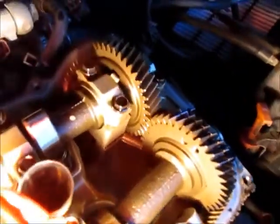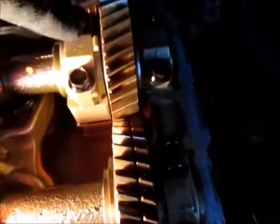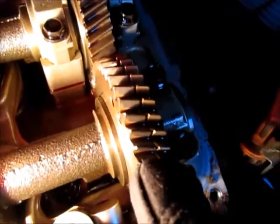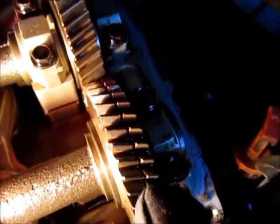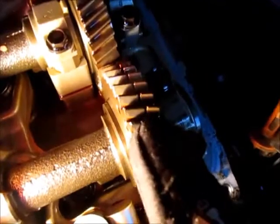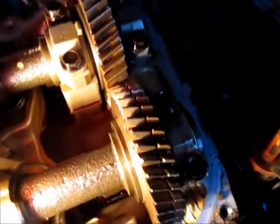Okay, so now we're getting ready to remove the cams. An important note before you remove these cams is, if you notice, one of these cam sprocket gears is split. The exhaust is split and the intake isn't. The reason for that is this is actually spring loaded. So when you remove this, if you don't maintain the position of this split gear,